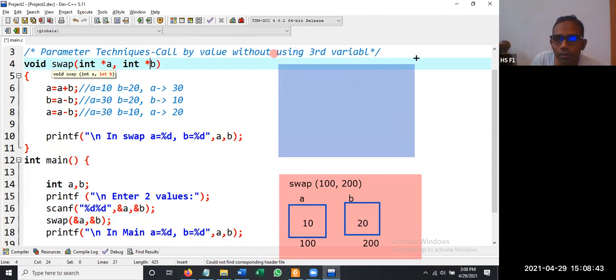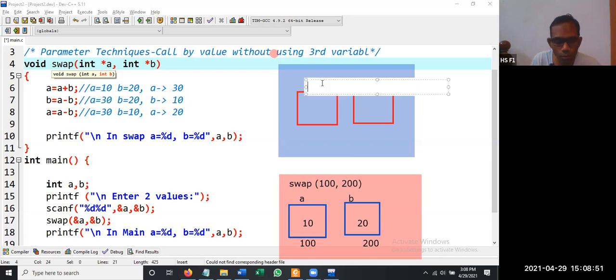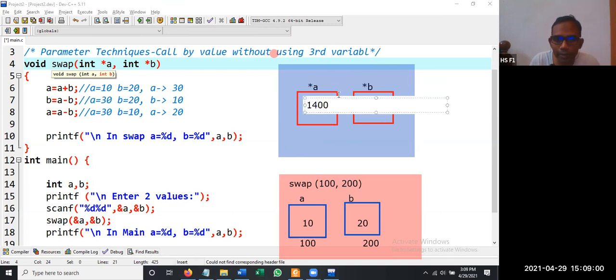So here we are having two memory locations. The name of the first memory location is star A. Just try to concentrate, don't worry at all. The next memory location is star B. The first has the value 100 and this memory location has the value 200.